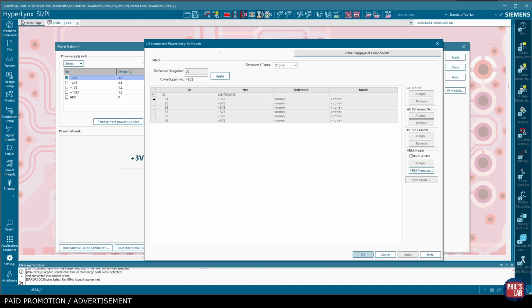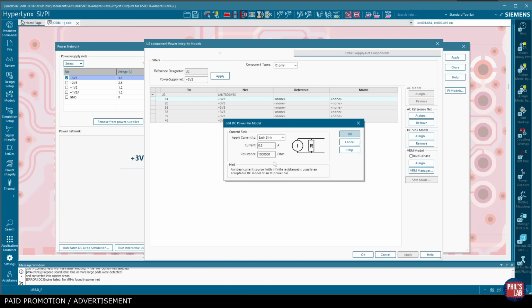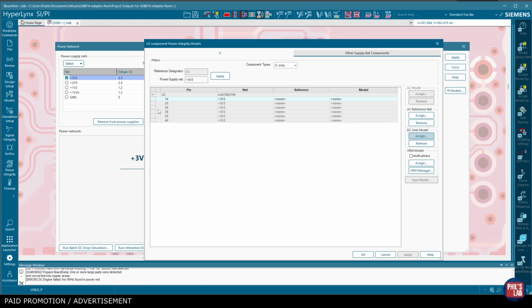So I can either select them individually by clicking on the left little box where this arrow appears, and on the right-hand side, because we're interested in a DC drop analysis, we want to assign a DC sink model. So I can click on assign, and then this little window pops up. And of course, you can do that for groups of pins. If I click on cancel, I can control click and select individual pins and then assign them a generic DC sink model. What I want to do is actually select all of them, so I'm just going to click and drag